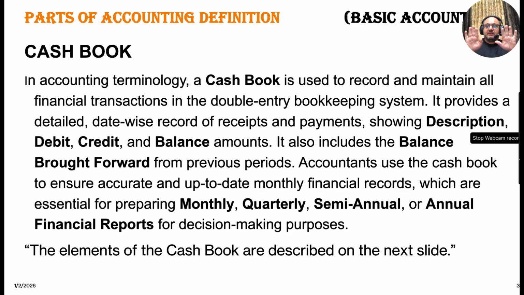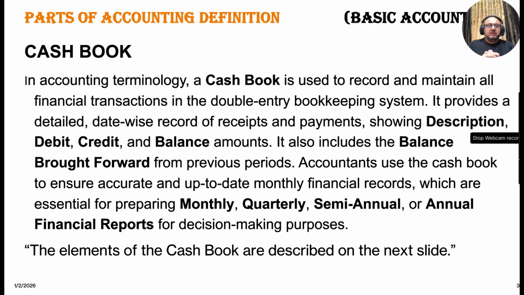Debit column, which means on the left side, write down all those which come to you. If I receive anything, it comes to me, I write it down in the debit column. That's plus. And credit column, anything that goes from me. I write it, for example, this goes from me. This is called credit column.